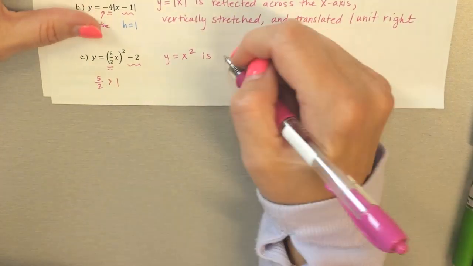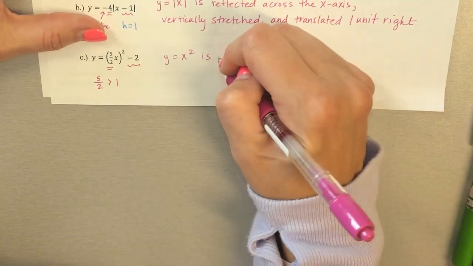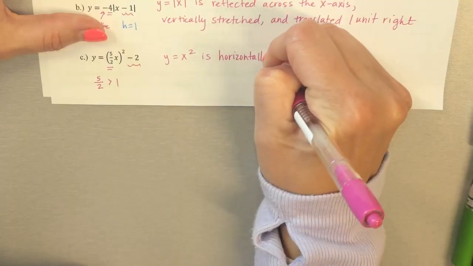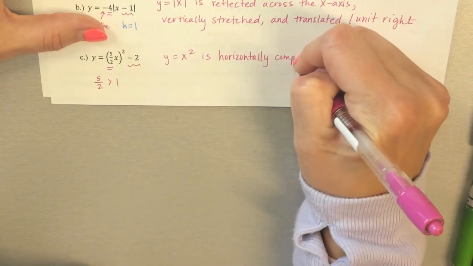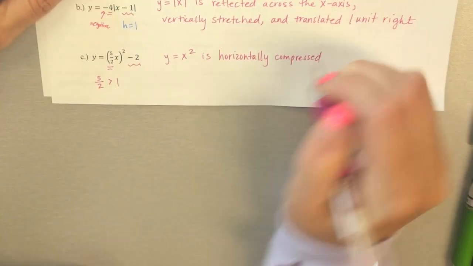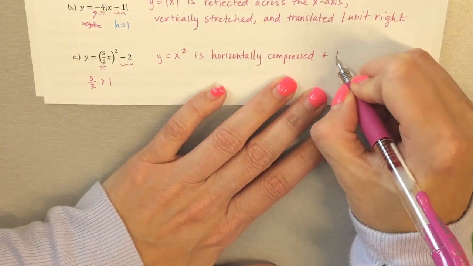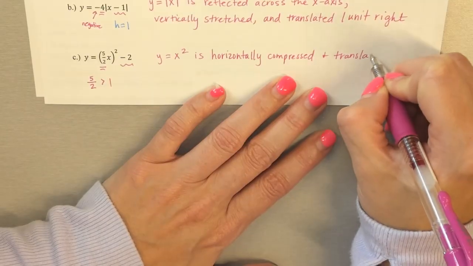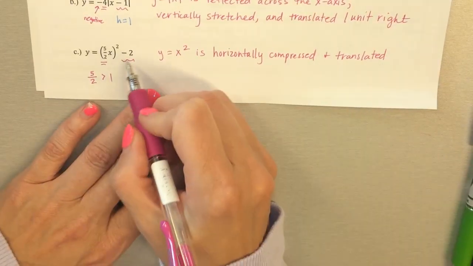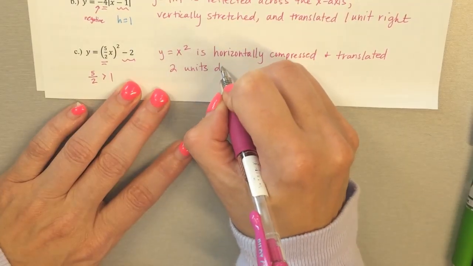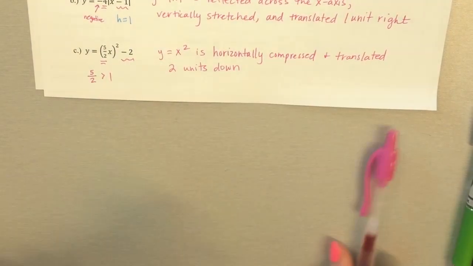So this is going to be horizontally compressed. Okay, so horizontally compressed. Because remember, vertical and horizontal, they switch rules. And it's translated 2 units where? Yep. Translated 2 units